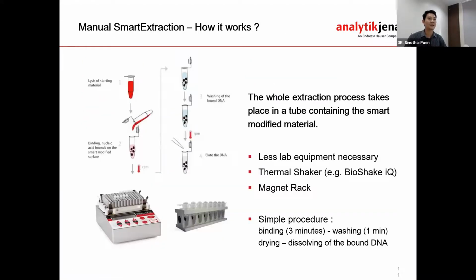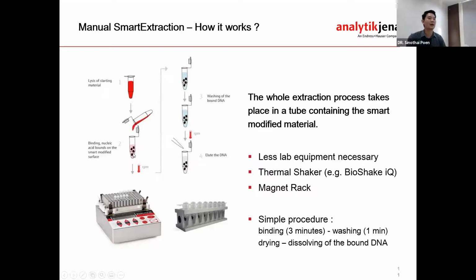How does the smart extraction work? For manual extraction, the whole extraction process takes place in a tube containing smart modified material. After lysis, the lysed sample is transferred to the tube containing smart modified material, shown here as a black pellet, and it's exactly pellets like this. And the binding of DNA in the lysed sample to the smart modified material is promoted by the action